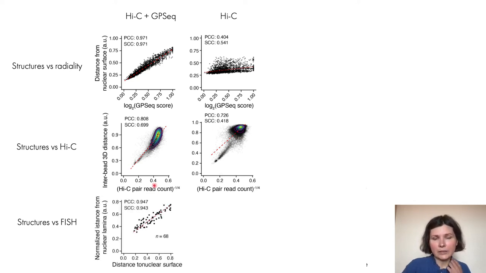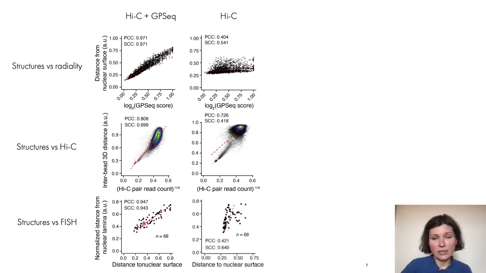Most importantly though, when we look at correlation of these structures with the 3D DNA FISH, we see a very high correlation for our structures when we use Hi-C and GPSeq, and no correlation really when we use Hi-C only. We went a step further and basically